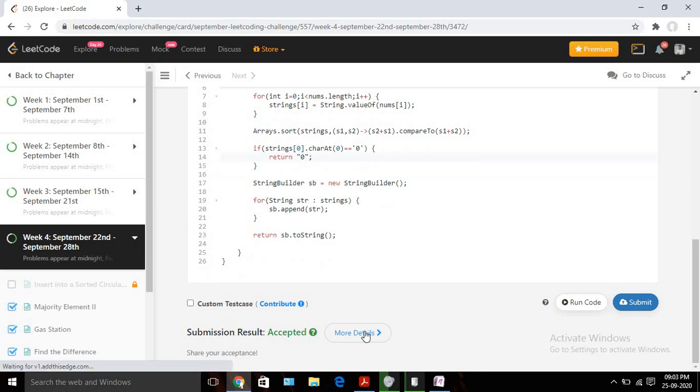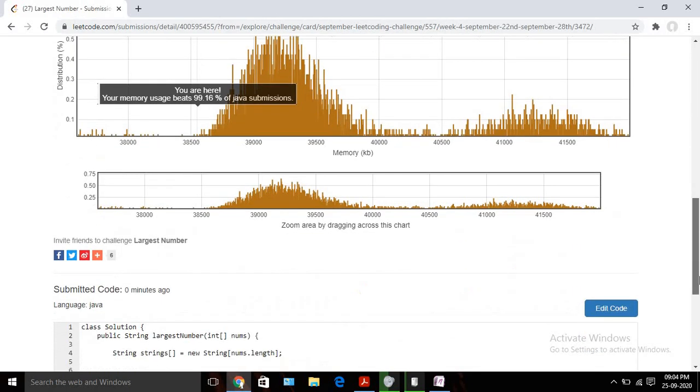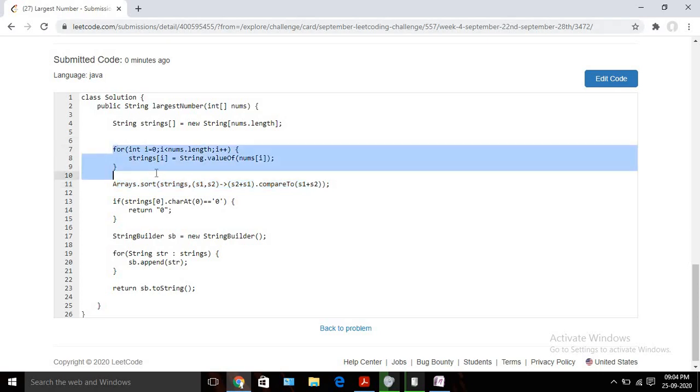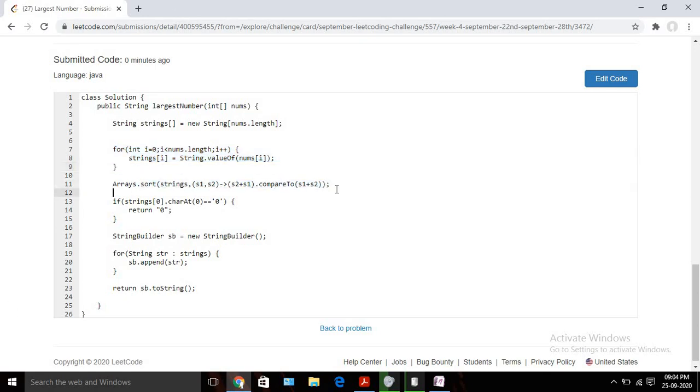Now quickly submit. Let's quickly analyze the time and space complexity also. You can see that it's getting 98.32 percent on Java submissions. For this for loop, it will obviously take order of n time, where n is our nums array length. Since we are doing sorting, sorting at least requires order of n log n time.